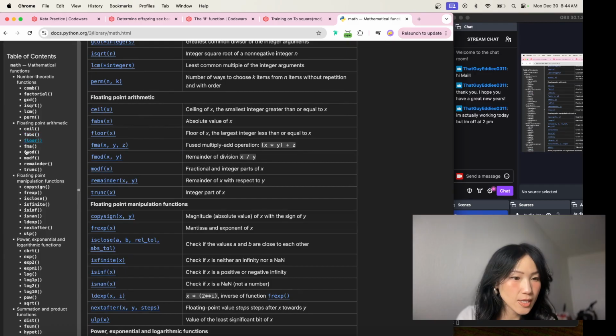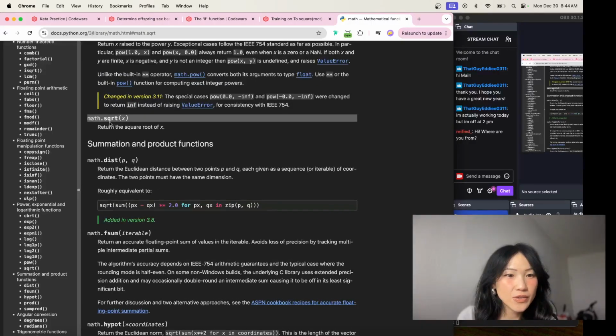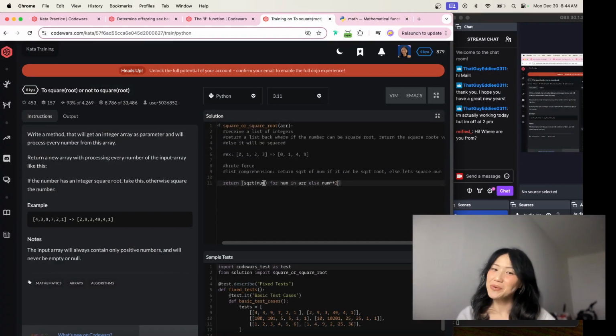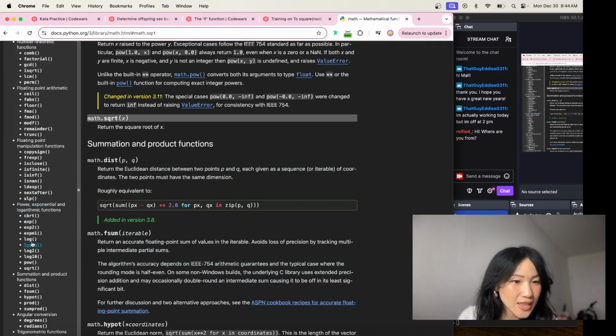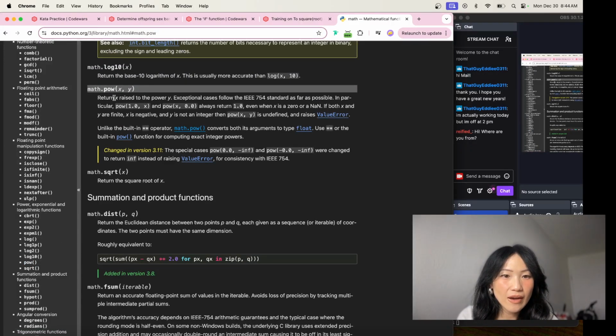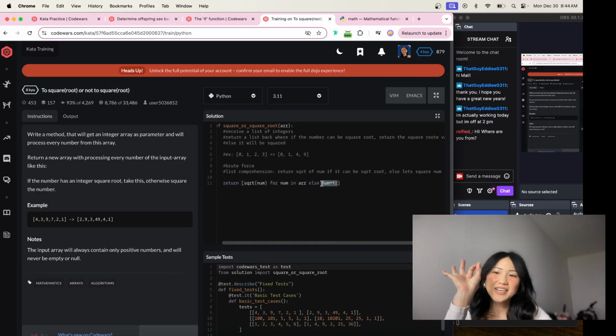Okay, sqrt, so I did do that right. So we're gonna return square root num for num, and I think that I can use pow, power of x, because I know that if you do nums with the star,